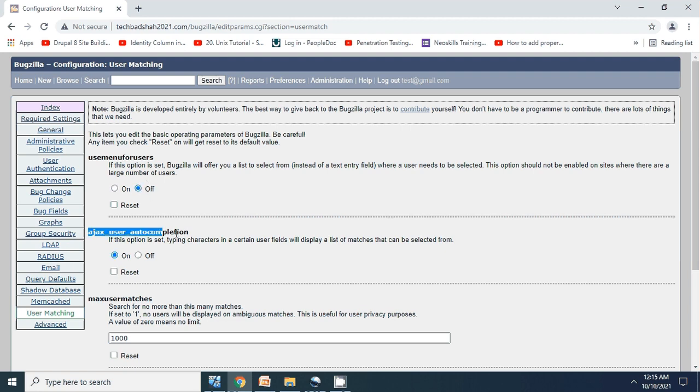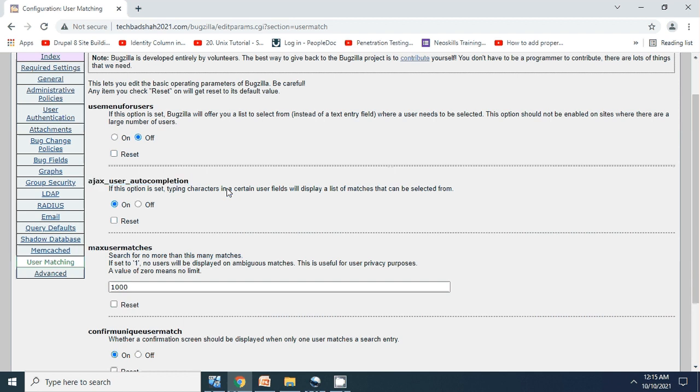Then Ajax user autocompletion. Whenever you type, say, three characters or more, the moment you start typing, Bugzilla is going to search the database and start populating automated fields. We call that auto-filled information. For example, when you type in Google, the relevant searches populate below automatically.